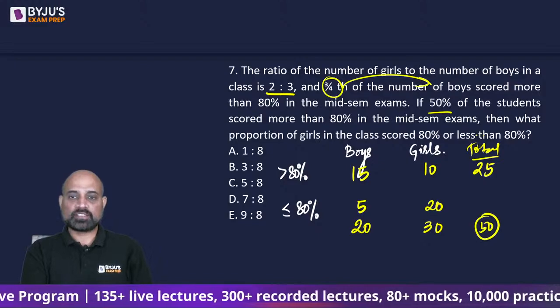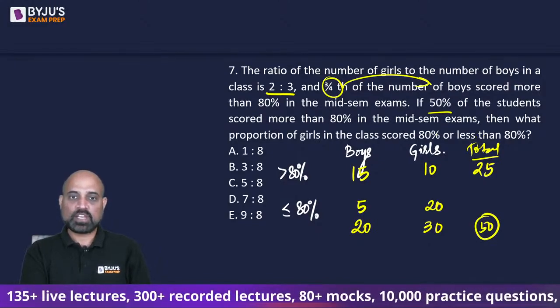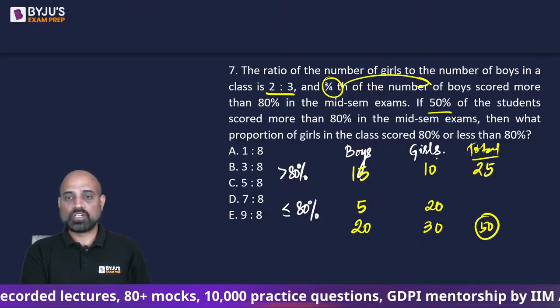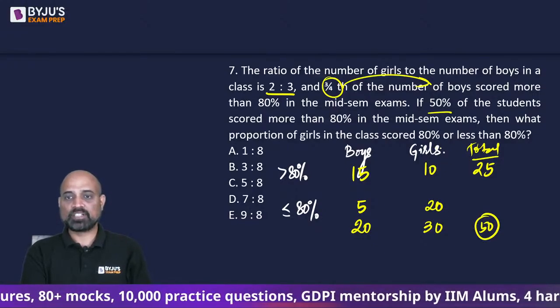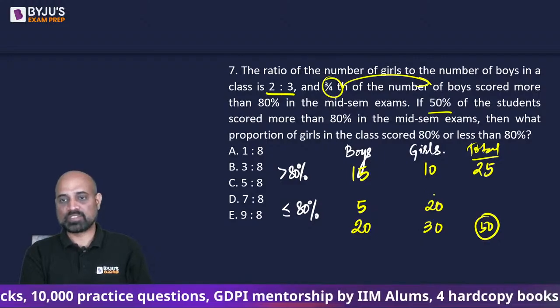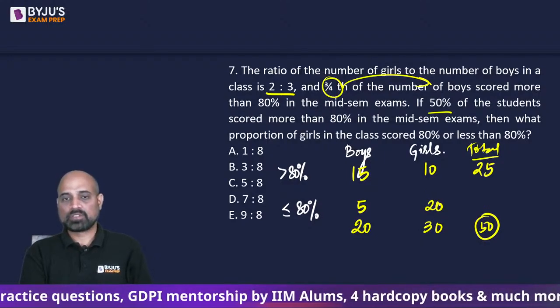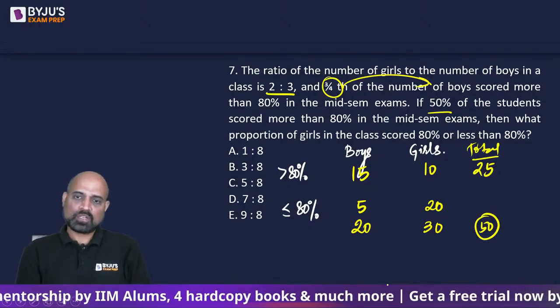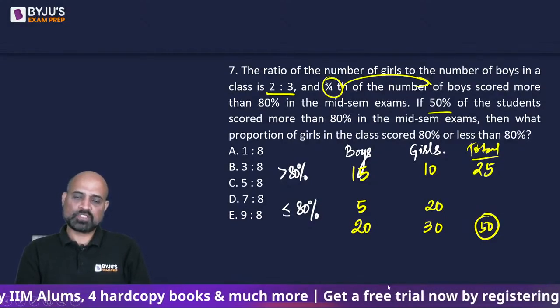The question is, what proportion of girls in the class scored 80% or less than 80%? So can we say what proportion of girls in the class